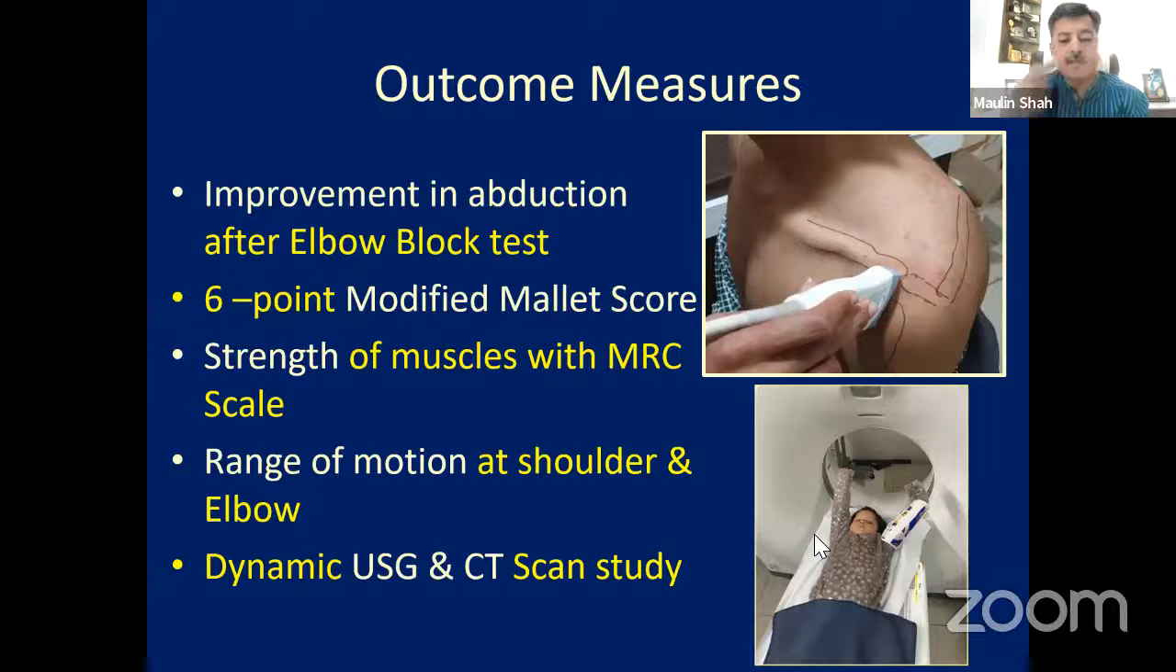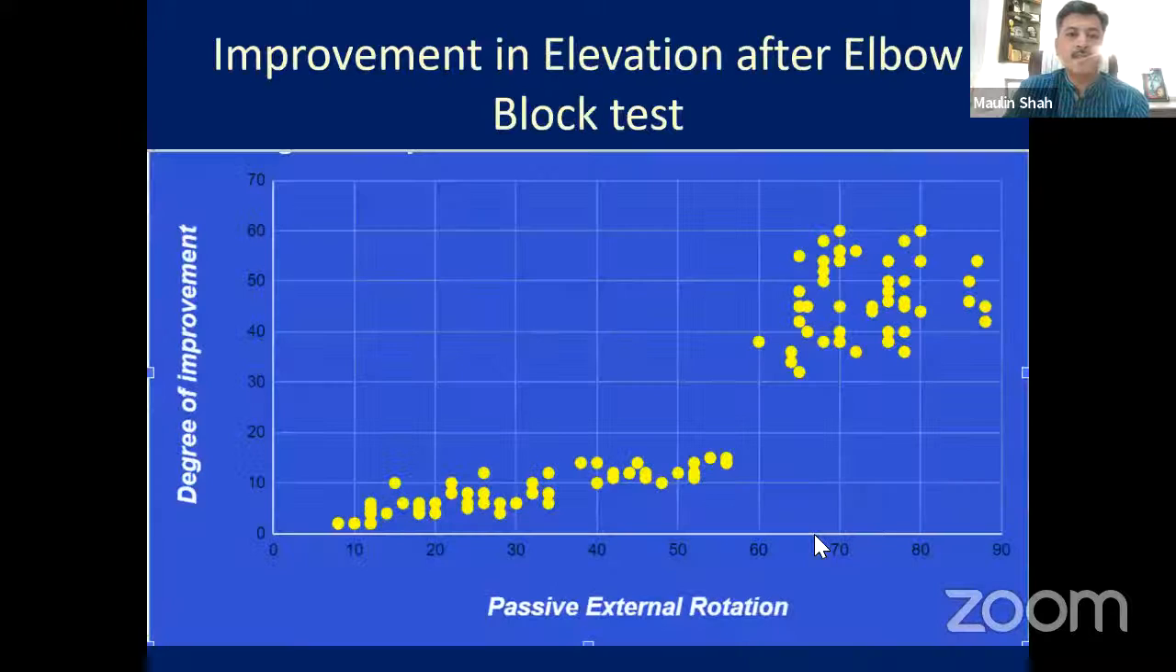And finally, we carried out dynamic ultrasound and CT scan to see the biomechanical changes happening at the shoulder joint. One common trend we found is that the patients with internal rotation contracture did not show great improvement with this test. And so first we decided to plot this improvement in elevation after elbow block test based on the degrees